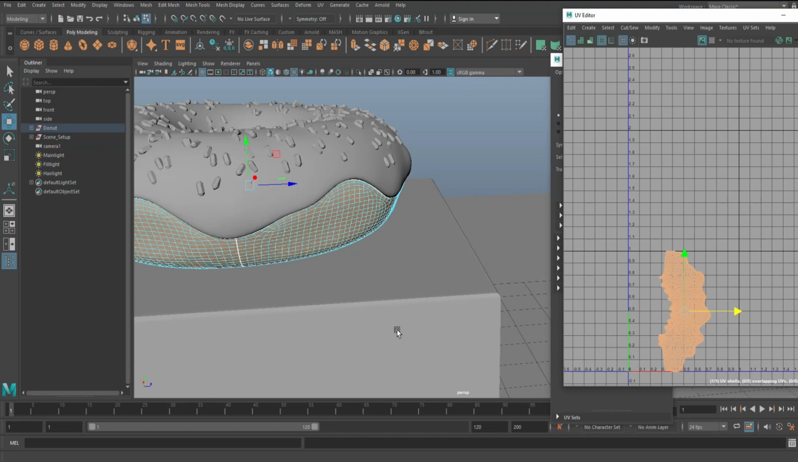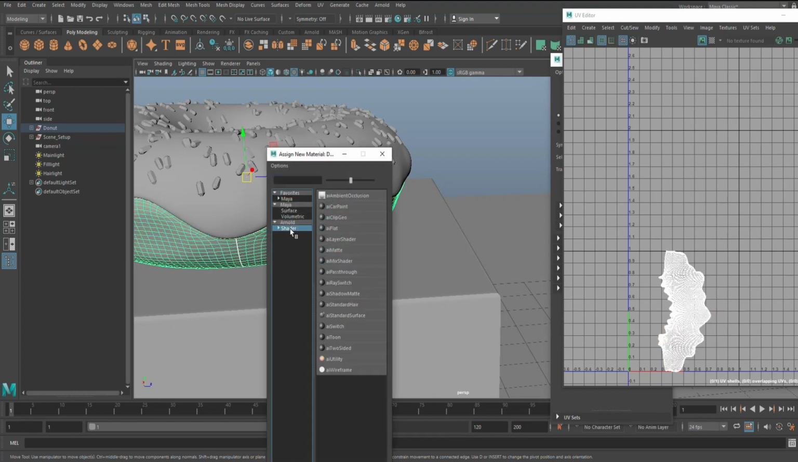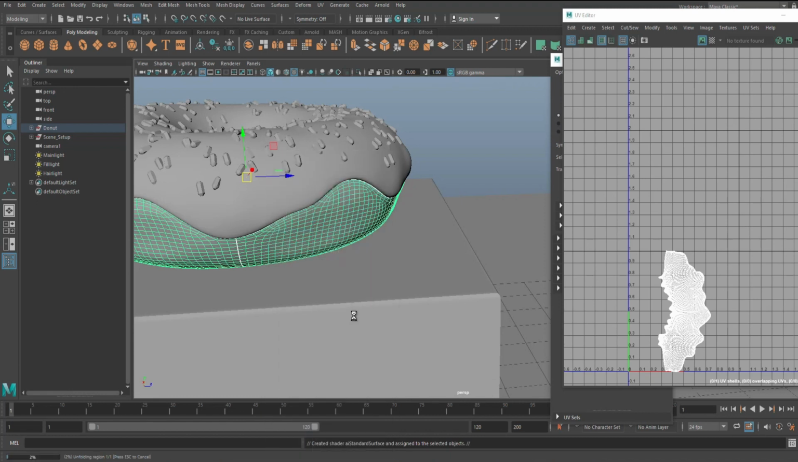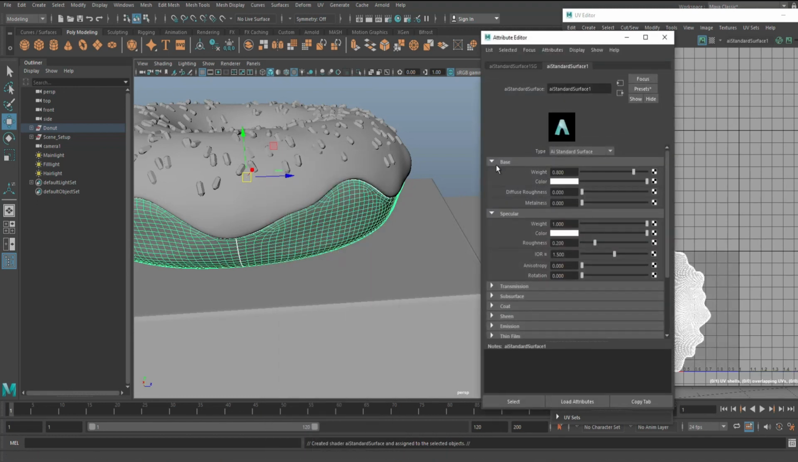Alright, and now I'm going to introduce my texture. So I'm going to right click on this guy, object mode, right click again, assign new material. Let's go into Arnold shader, take a standard surface shader. Alright, then I'm going to go in here to the color node, and I'm going to click on the little